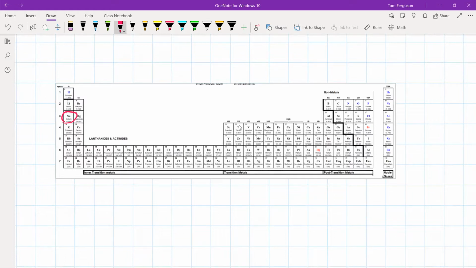there's sodium. So as you know, all electronic configurations contain both core electrons and valence electrons. And those core electrons are represented usually by the closest noble gas, which is up one and all the way to the right. So that means that's going to be neon. So to represent sodium, the abbreviated, shortened way, we would write neon and then 3s1. Okay. The other way would be the longhand way, which we would represent by